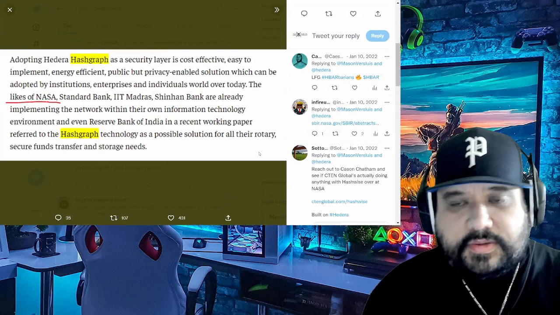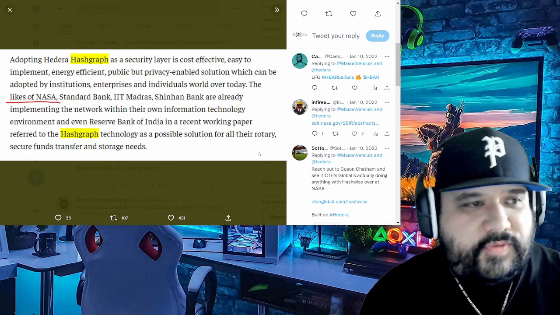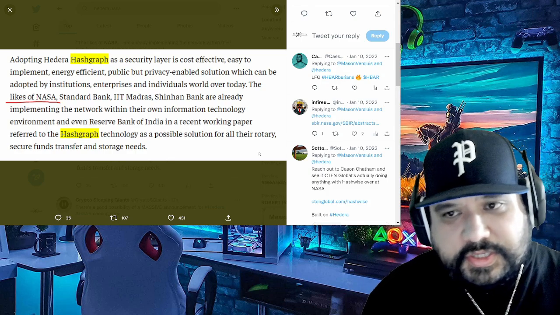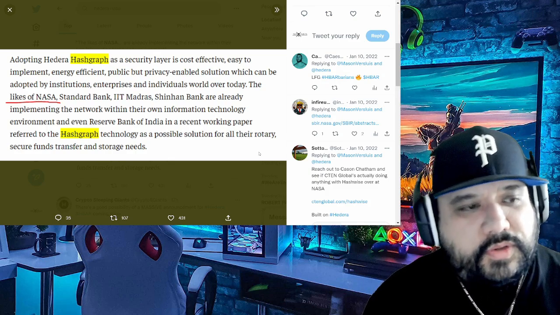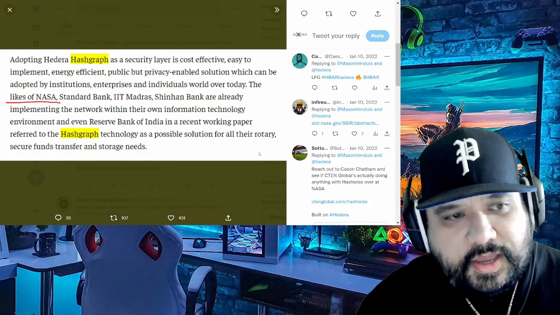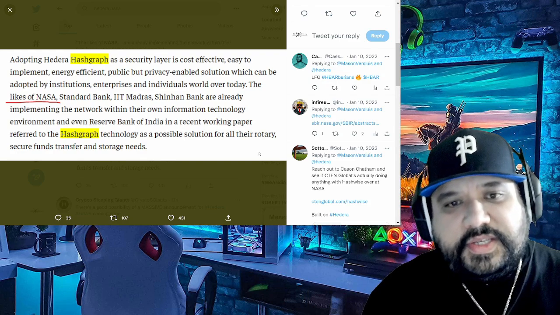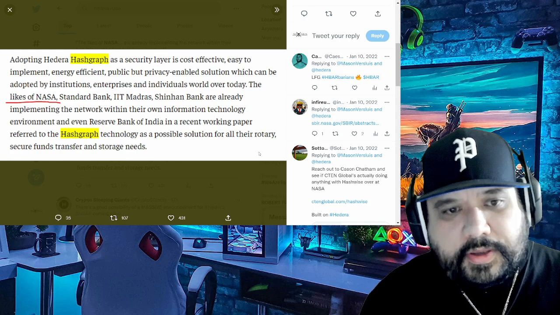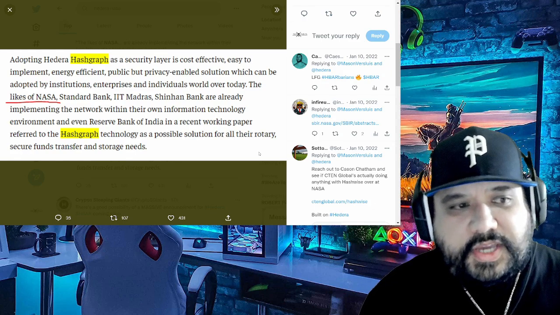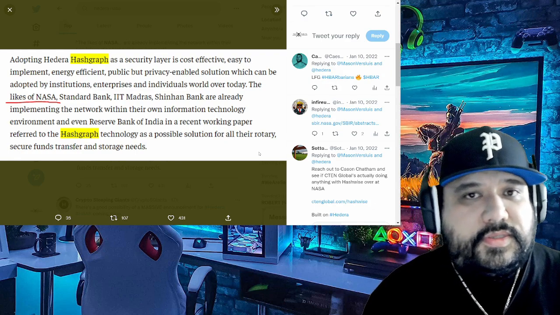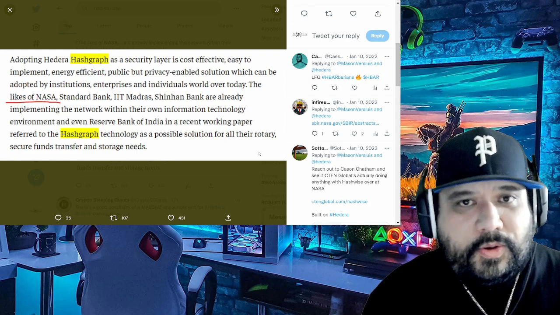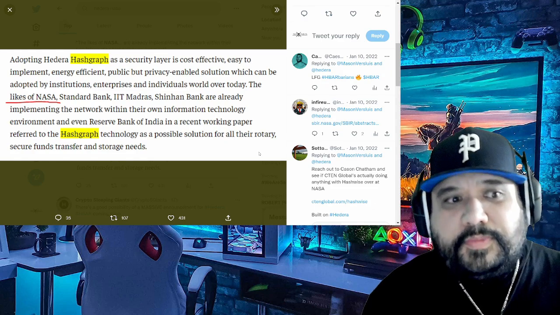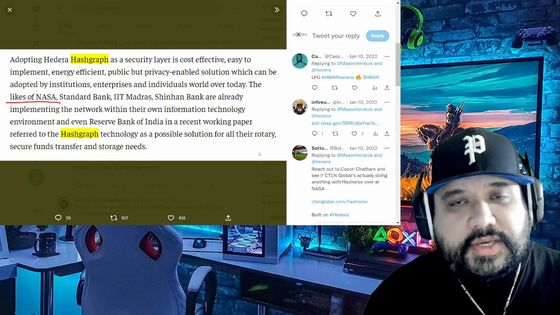I saw this earlier today. I gotta give you guys at least an update, okay? Other than just these educational lectures. It says adopting Hedera Hashgraph as a security layer is a cost effective, easy to implement, energy efficient, public, privacy enabled solution which can be adopted by institutions. Yeah, that's where I'm holding on to this long term, because when that institutional money kicks in, it's gonna